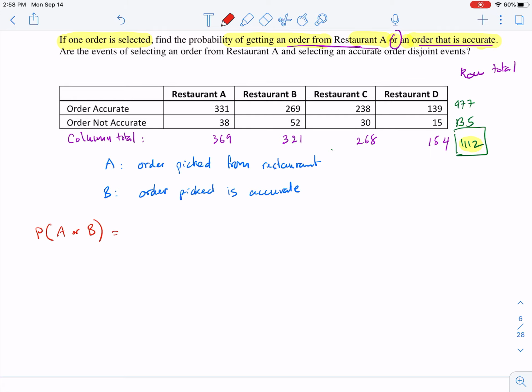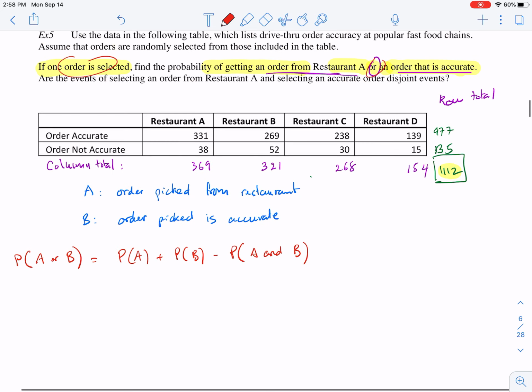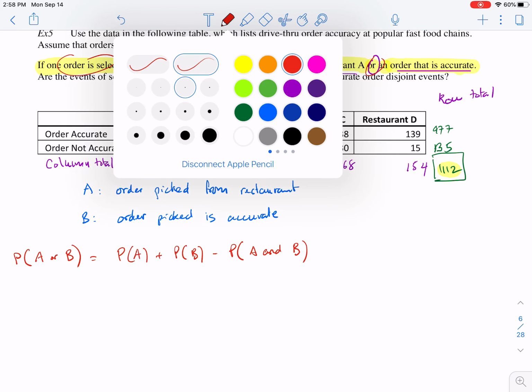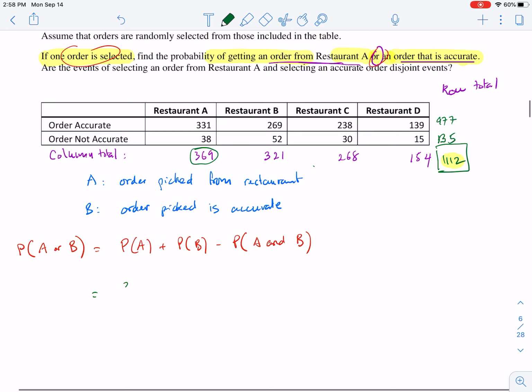Okay, so we know it's the addition rule because it's a single order being selected and there's the word or. So the rule says we take P of A plus P of B minus P of A and B. The probability of event A occurring if one order is selected means: what is the chance that the order selected is from restaurant A? All the orders from restaurant A is this total here. So we have 369 possible orders from restaurant A out of all the orders from the survey, which is 1,112, plus the probability of event B, meaning how many possible orders can be picked that are accurate. These would be all the orders that are accurate, 977